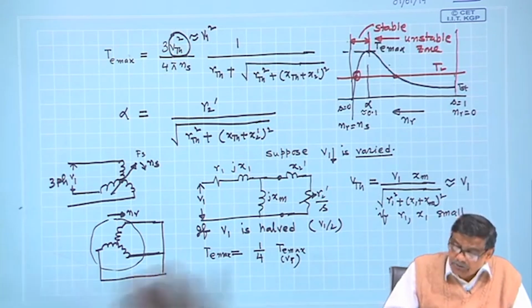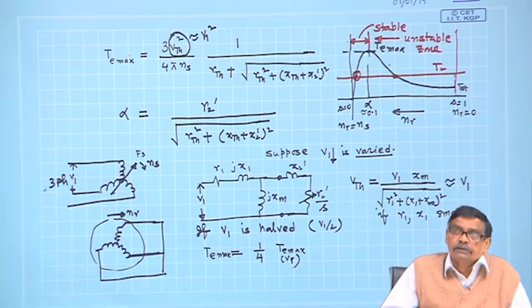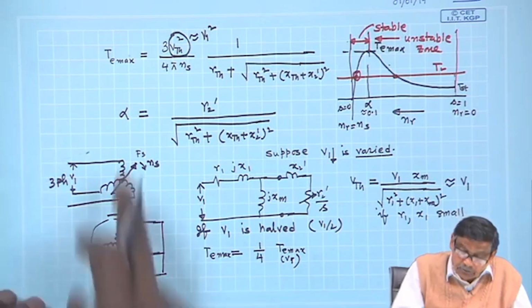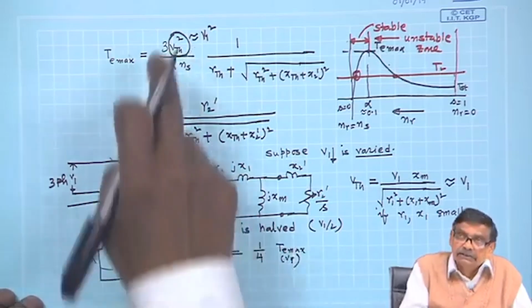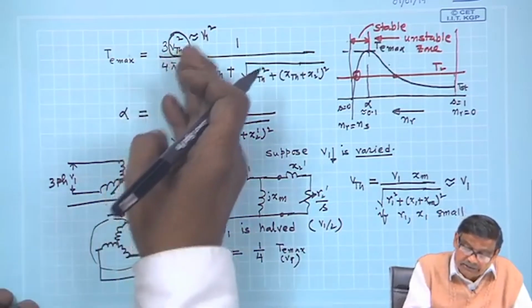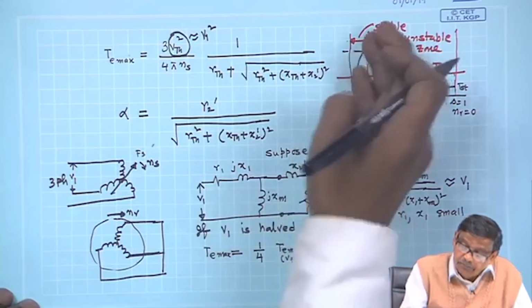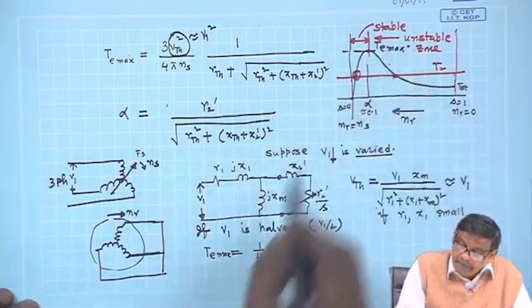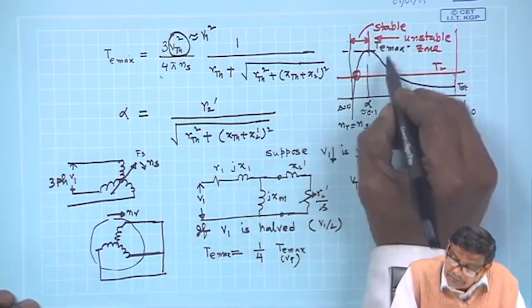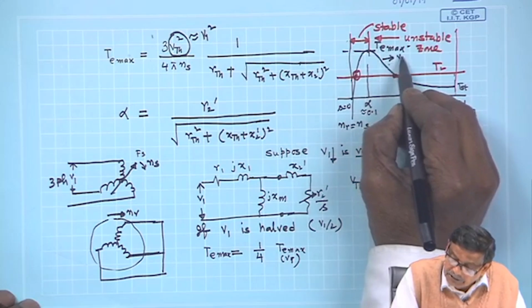The maximum torque will become 1/4. If you make it 1/3, it will become 1/9, because the square of the supply voltage dictates what this T max should be. Therefore, if this is the T max for applied voltage V1,